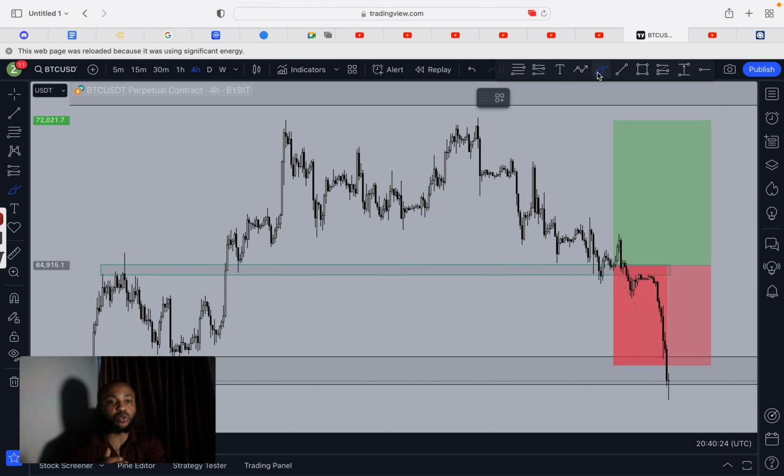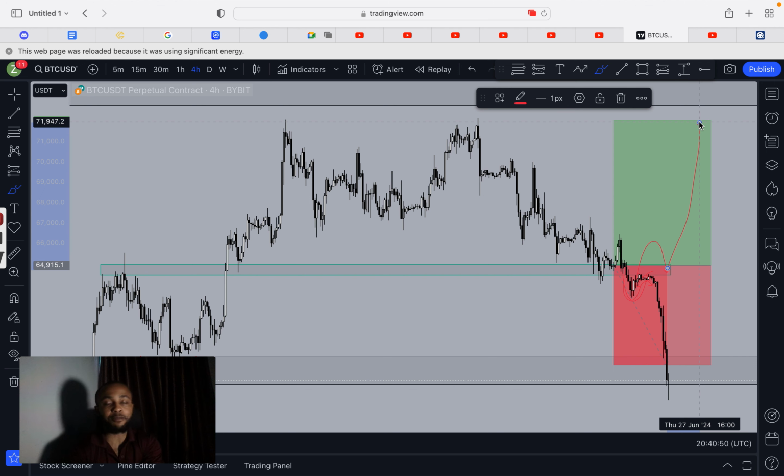Look at it clearly. What did we do? The same way we closed at this one here, that was the same way you could have closed here. You can see we broke out, and now we are below the support and resistance. What do you do here? You can close it here. Once it starts coming back into the support zone, you can re-enter the trade, targeting the high. Remember I told you guys about this. If you could go back to the video I did the last time. And I also said that you can decide to take the full 1% loss if you don't want to close it here.